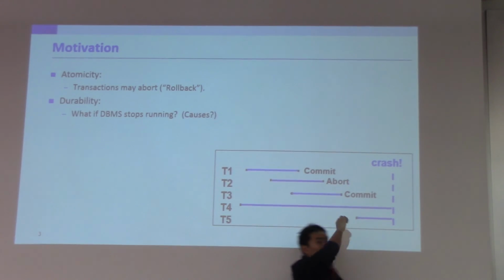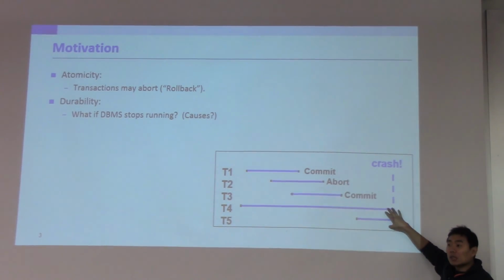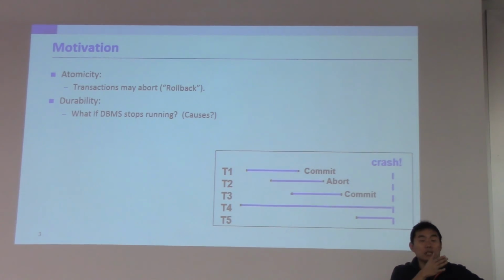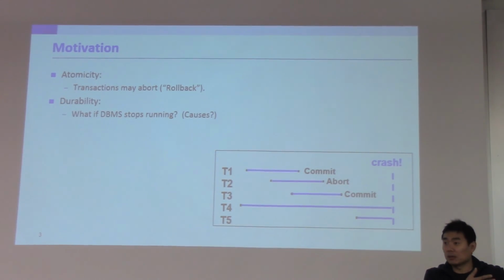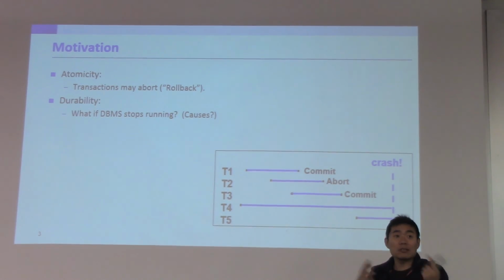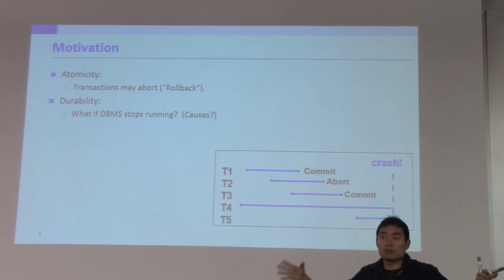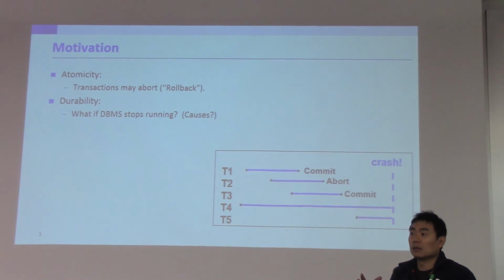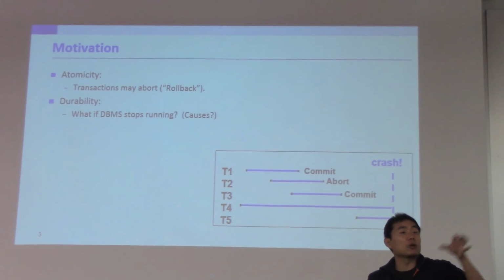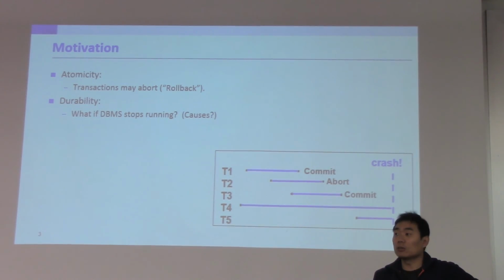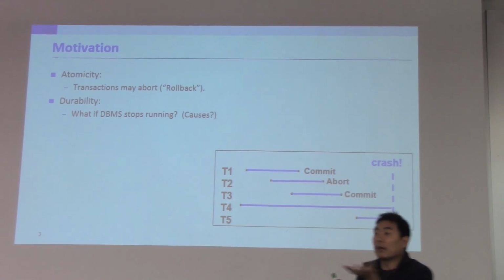Even though these two transactions have not committed yet, their dirty pages might have already been written back to the buffer, and may even have been written back to disk, right? Because that's the discretionary power of the buffer manager. If you allow steal to happen, these dirty pages may reside in the buffer, but may also be already pushed back to the disk, even if the transaction has not committed yet. Because if it is a buffer